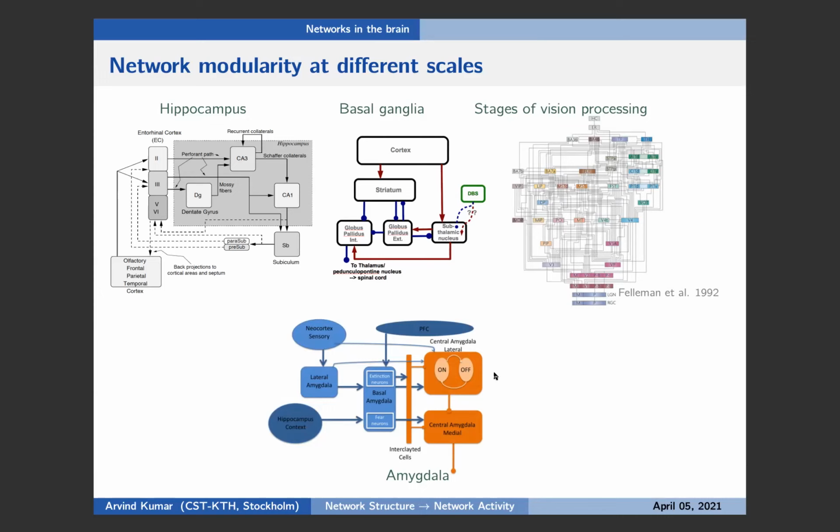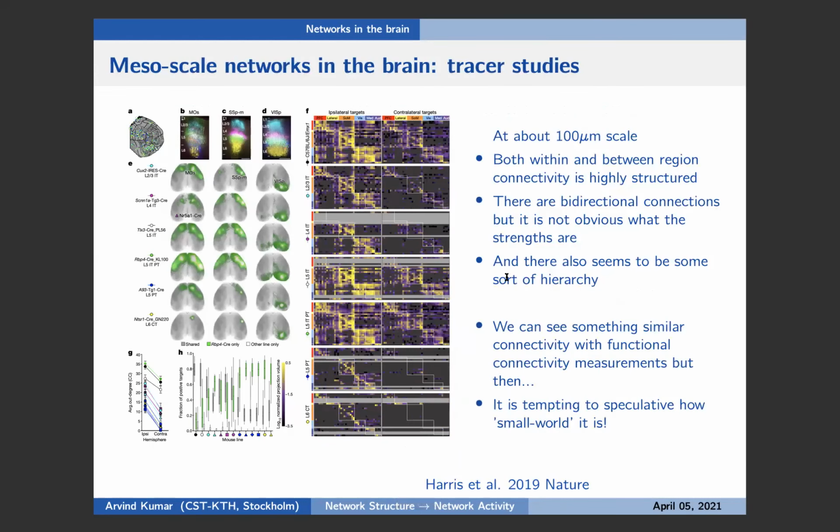For the neocortex, it's not as easy, but still it's possible to segregate different parts of the neocortex based on their functional specialization, as was done for vision, for instance. Nowadays, we have better technology. We don't have to rely on these specific anatomical landmarks or functional specialization. At the Allen Brain Institute, it is quite remarkable that they are able, at different spatial scales, to characterize connectivity of different parts of the brain with each other.